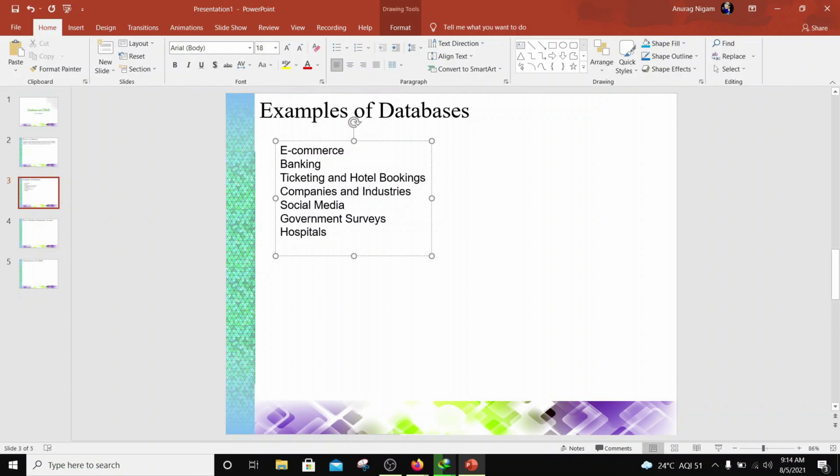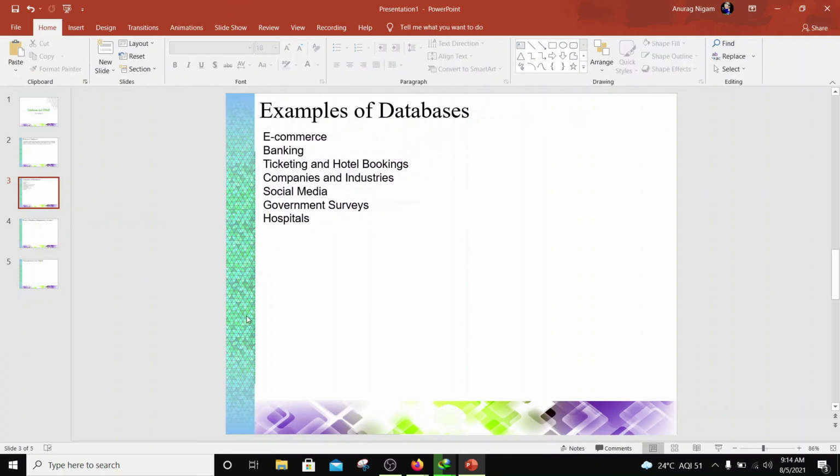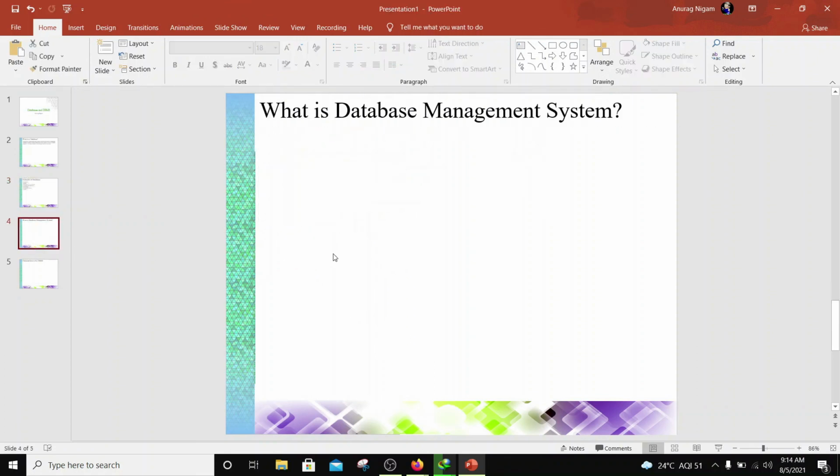So databases are almost everywhere, right? So these are some of the examples of databases. Okay, so now the next question comes: is a database good enough, or do I need some form of a management